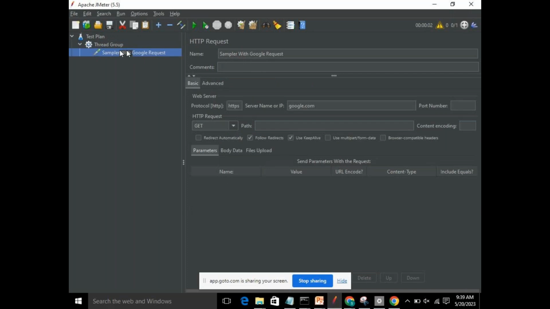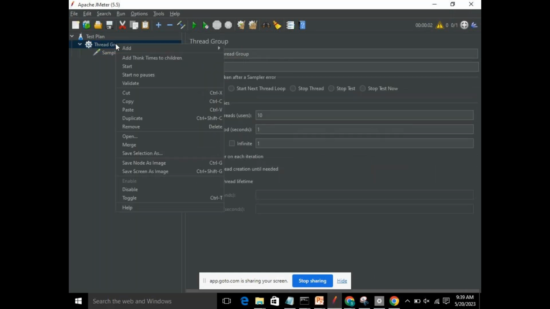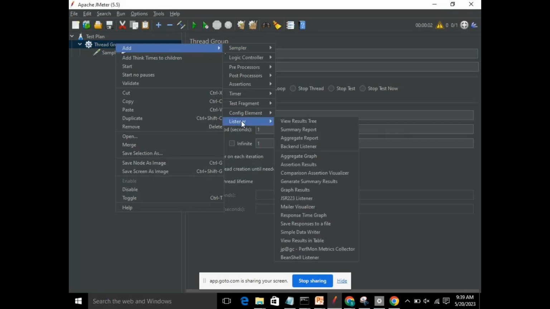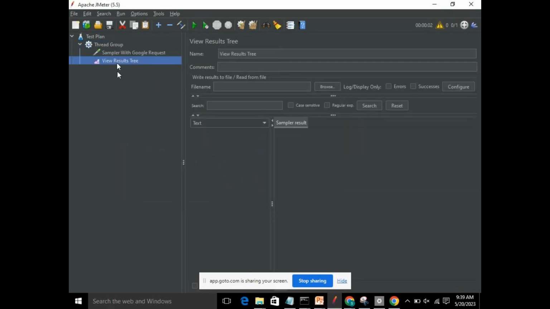Next, we have talked about listeners. I will be adding one from here, going to listener. For example, View Results Tree is a very basic listener. As soon as I hit the request, the results will be viewed in the result tree. Now, for hitting the request, what you need to do first of all